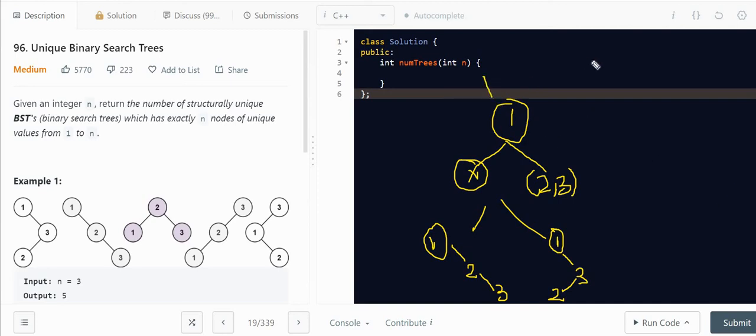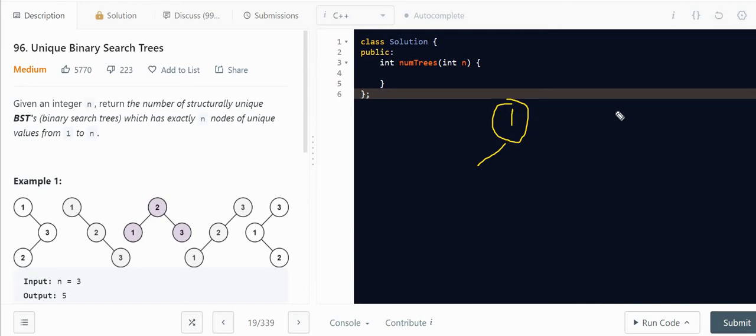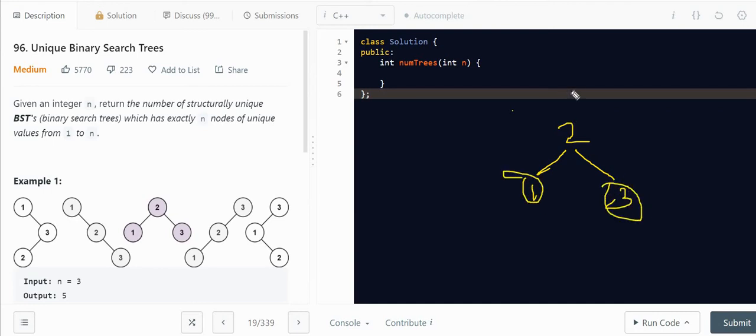If I take 1 as the head, then you can also find that if I take 2 as the head, there are two possibilities: 1 should be in its left position and 3 should be in its right position. So there is only one possibility, right?